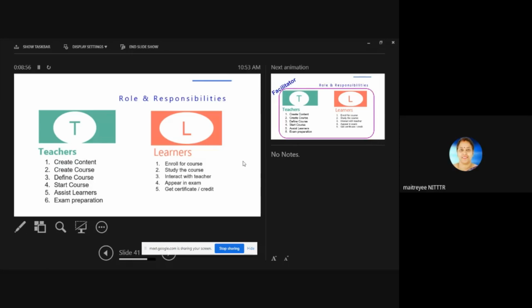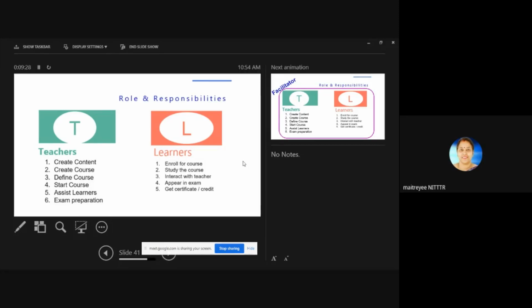What are the roles and responsibilities of teachers and learners? In a MOOC, the teacher can create the content, create the course, define the course, start the course, assist the learners, and prepare the exam. These are the roles of the teacher. The learner can enroll in the course, study the course, and interact with the teacher.